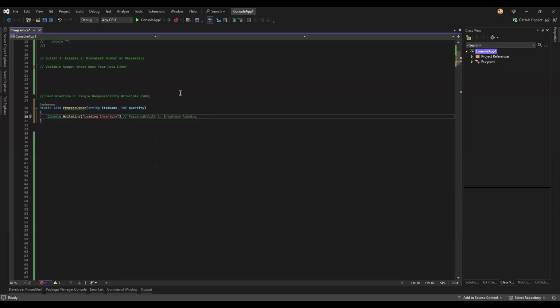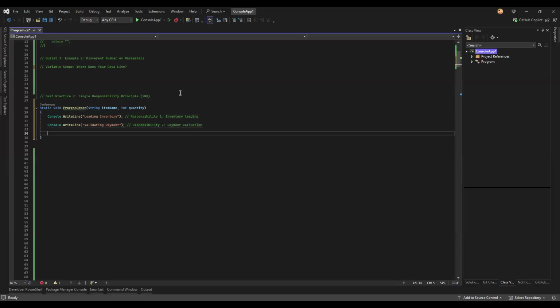Okay. Now I have another implementation that is going to... I have another implementation. You will not appreciate it now, but when we go into OOP, everything will be very clear. We have another implementation that is validating payment, right? So after you load it, you have to validate payment. So we have another responsibility that is doing what? Payment validation,